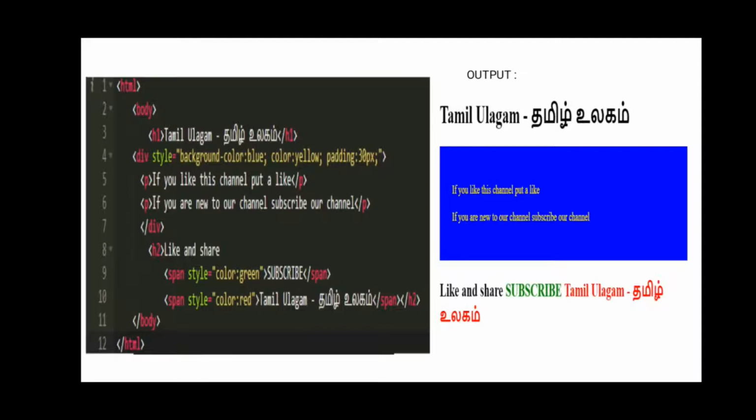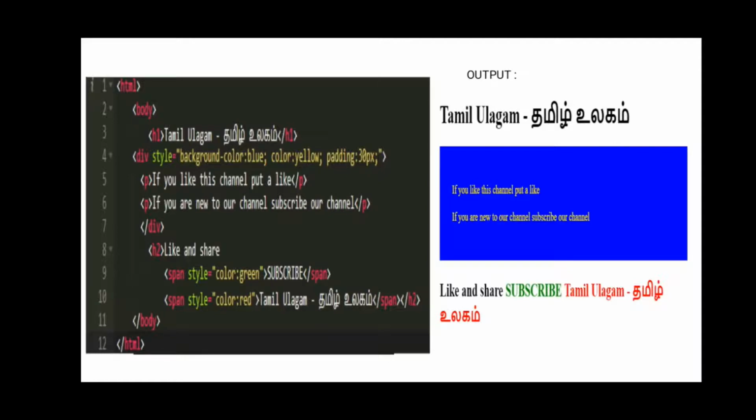Inside the div tag, we use style for the background color as blue and the letter color as yellow with 30 pixel. There are two paragraphs. The first one is, if you like this channel, put a like, and the second paragraph is, if you are new to our channel, subscribe to our channel. Then the other